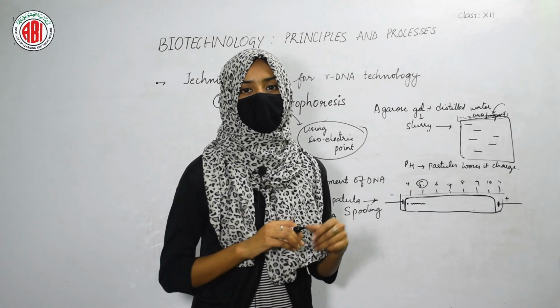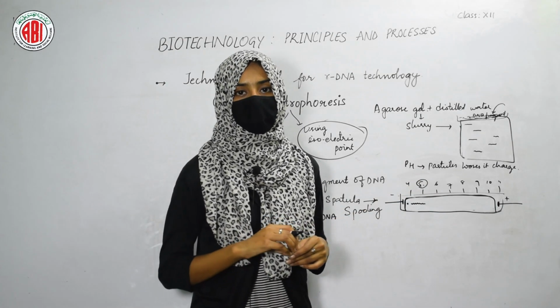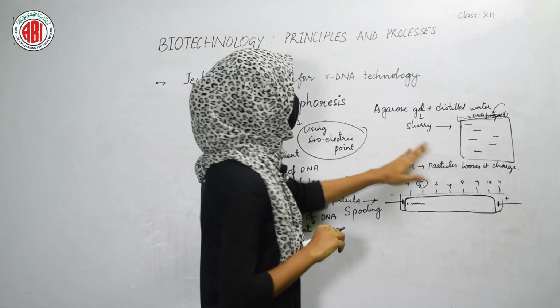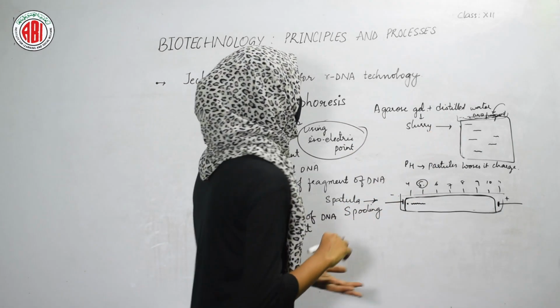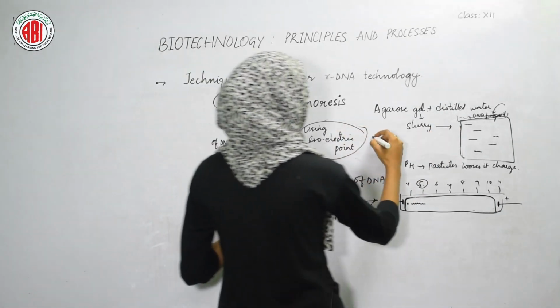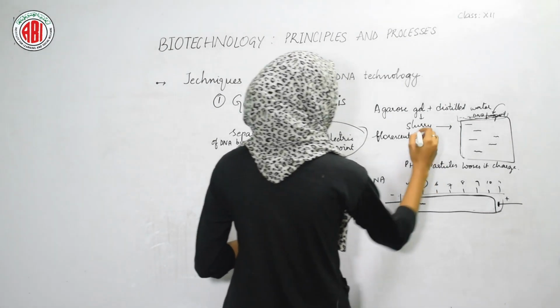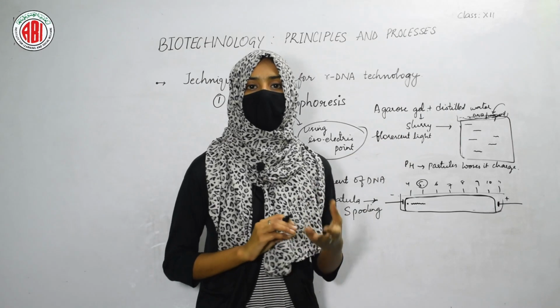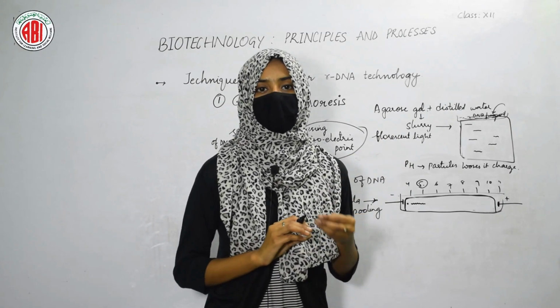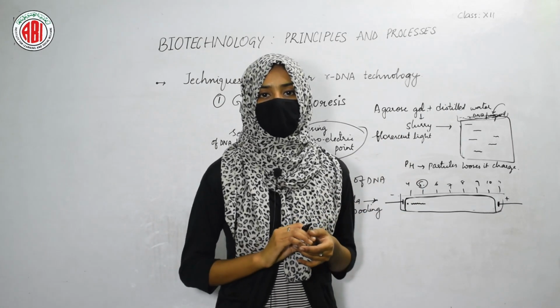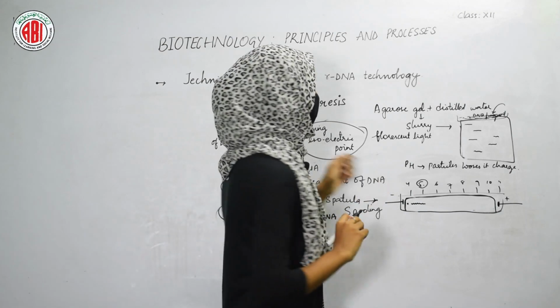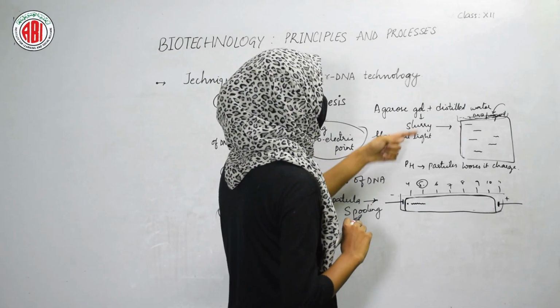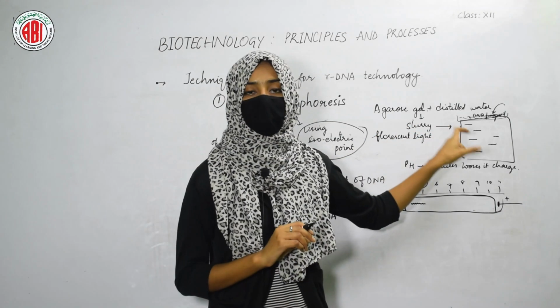Now, to identify the DNA strands, we are going to expose this gel plate to fluorescent light. When it is exposed to the light, these DNA fragments appear as orange colored lines. In such a way, the light can be used to detect the DNA strands that are present on the gel